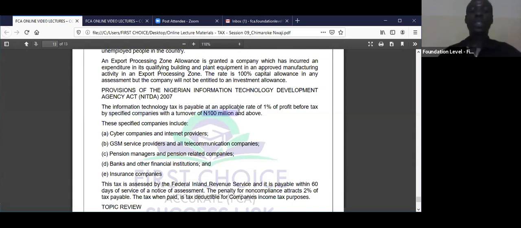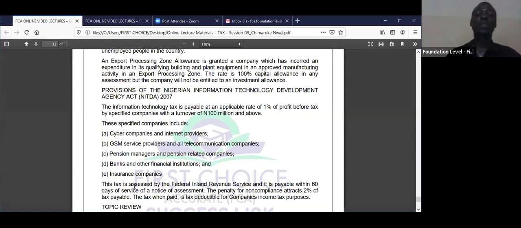So you see, once you are having 25 million and above, up to 100 million, you are in the medium scale. But once you have entered 100 million and above, then you are in the big industry. Now they specify these industries. If you are a cyber company or internet provider, a GSM service provider and all telecommunication, a pension manager, banks, or an insurance company, you qualify for all these and you pay your